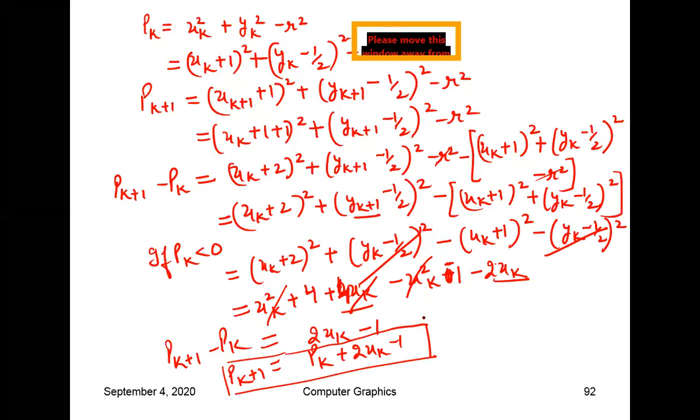Are you with me till now, all of you, or having any doubt? Please ask any question if you have any doubt till now. Yeah, thank you, Shruti. I have cleared it.